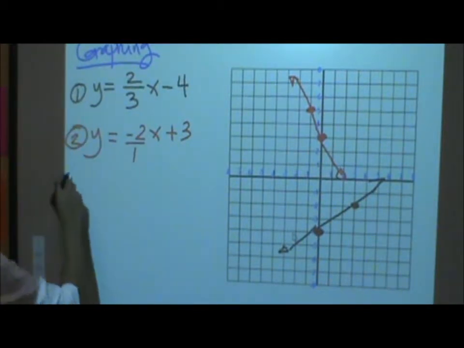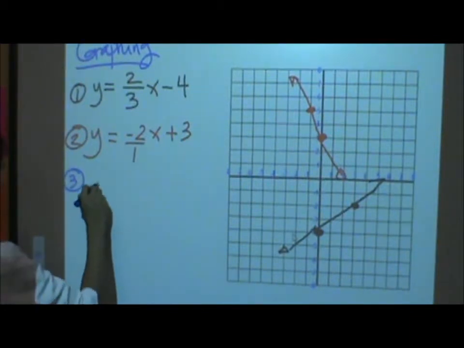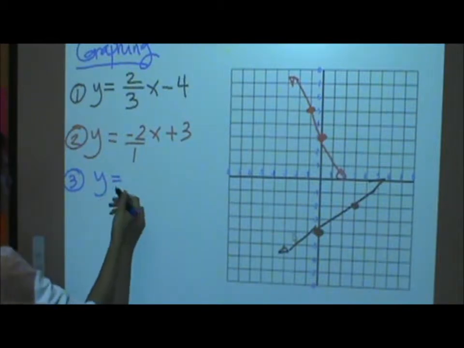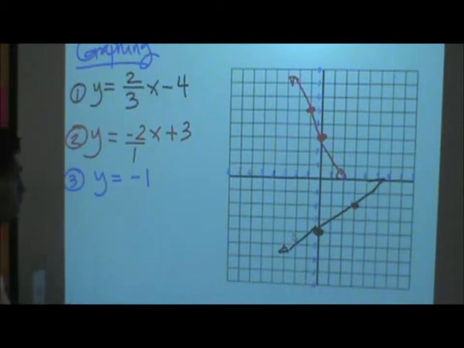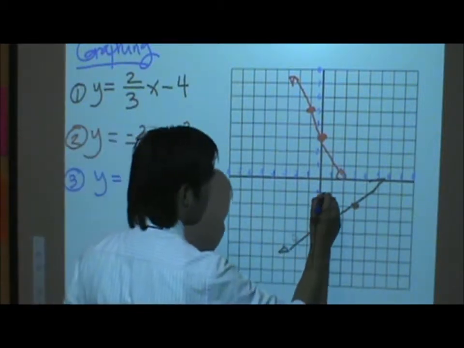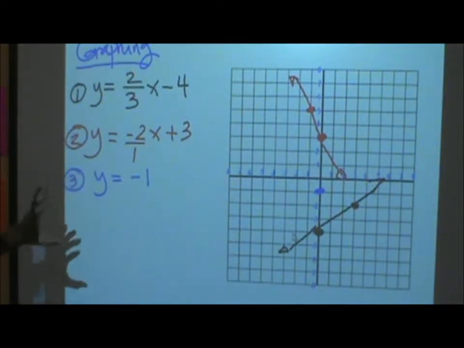Now, how about if we have number 3? How about if we have y equals negative 1? Y equals negative 1. Okay, now, if you have just a simple equation, y equals negative 1, first is identify your negative 1. Where is your negative 1 along the y-axis? Here you go. Now, the equation is asking us to graph a line that's only passing negative